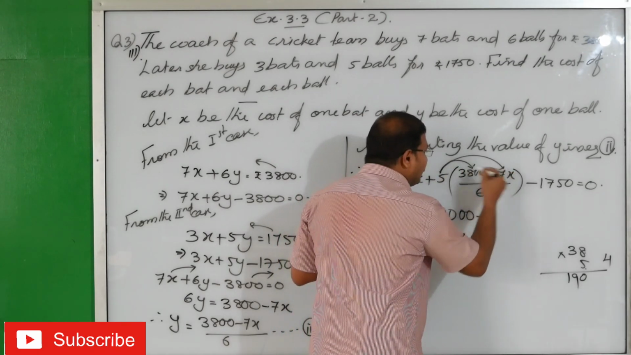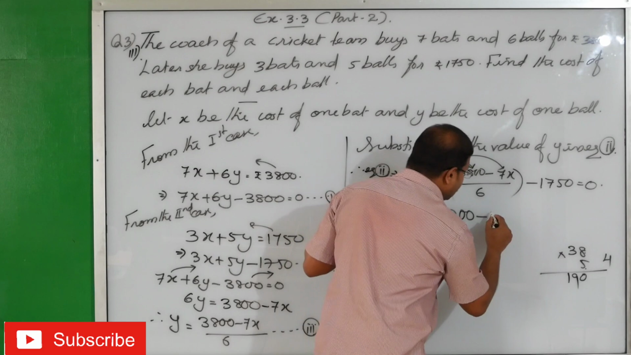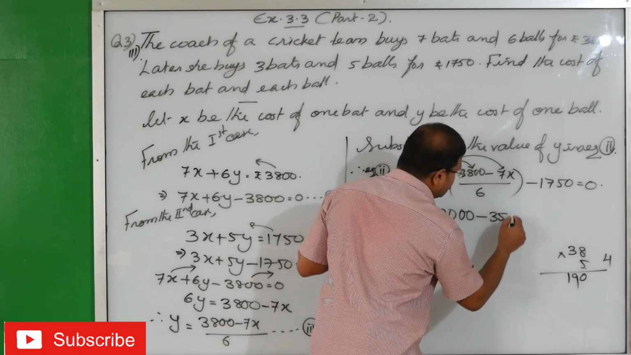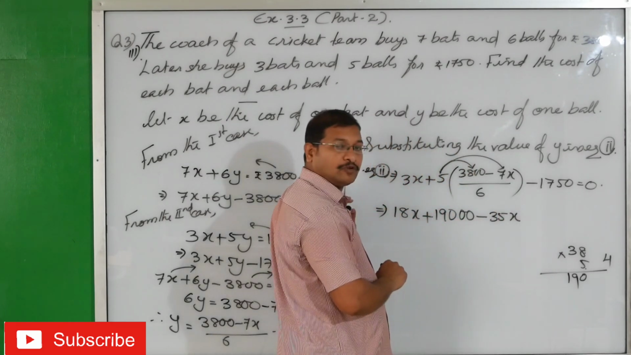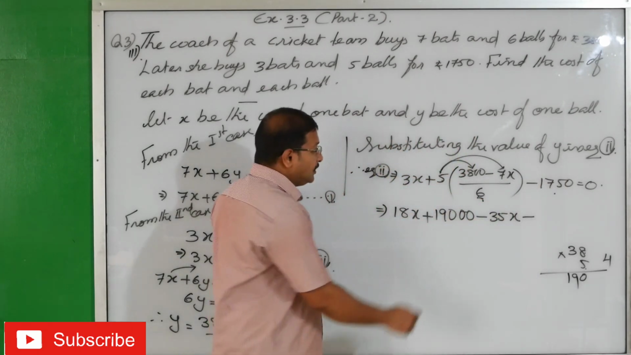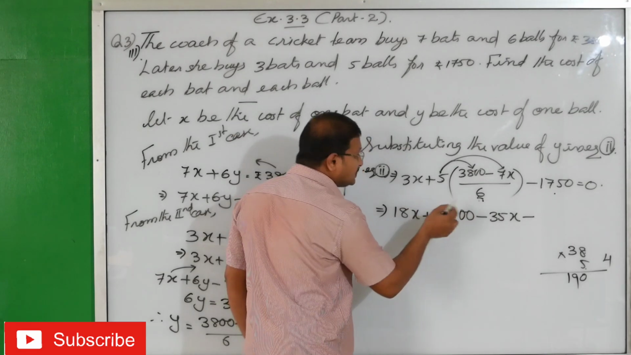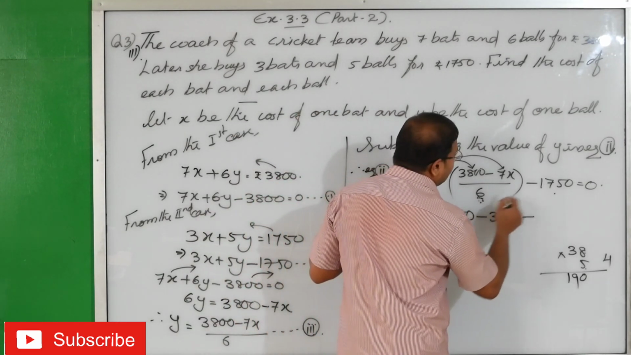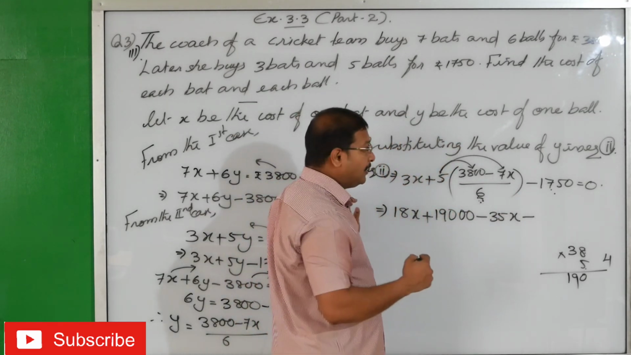Minus 5 into 7. 7 5s are 35. Of course, x is here. Ready? That means this 6 I will multiply to here. See? Here we already multiply with 6. And the 6 we will multiply to here. Ready? That means